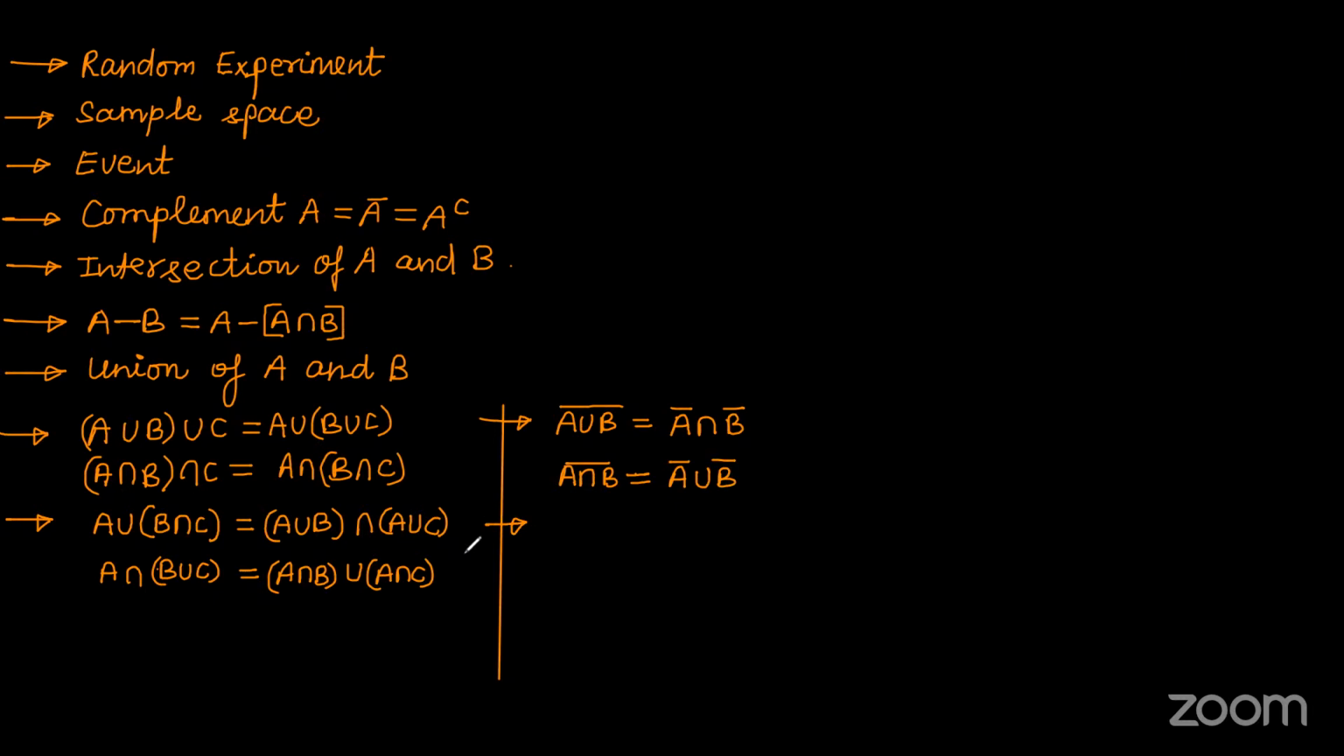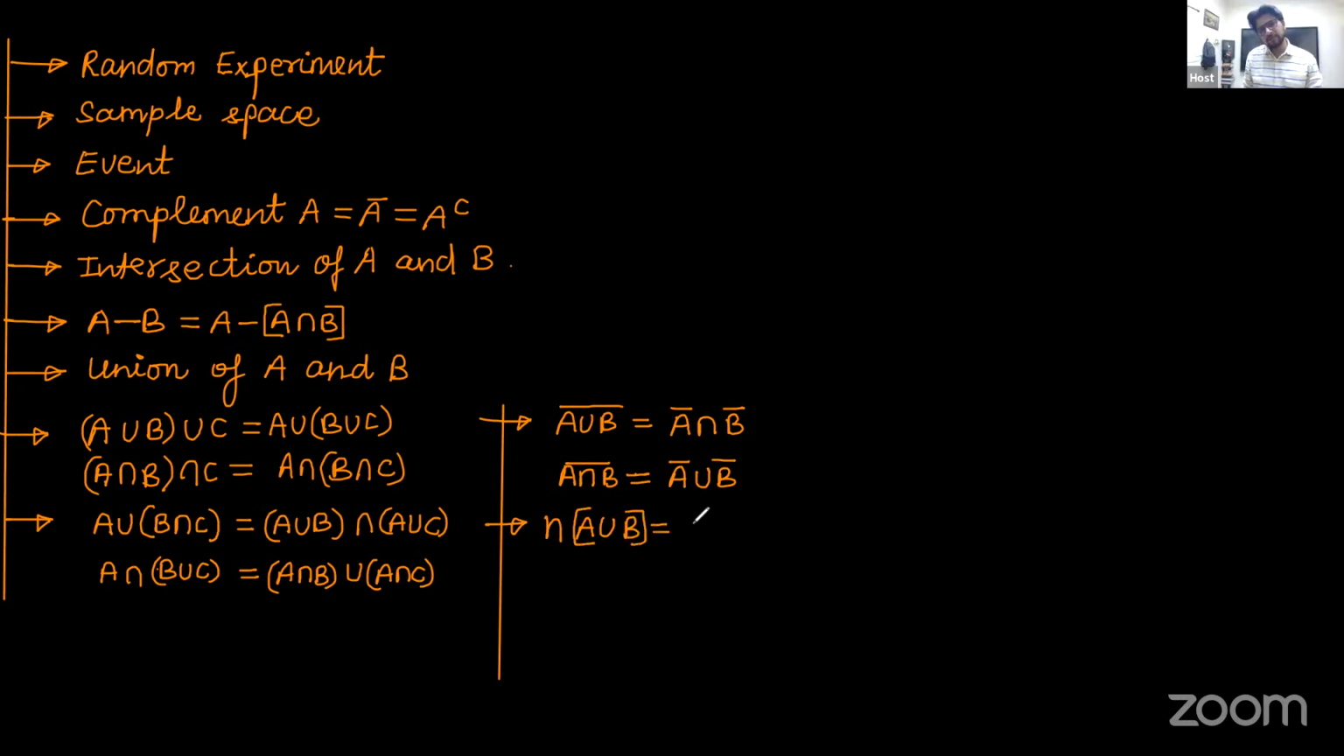What do you call this principle? The inclusion-exclusion principle. And how do you write it? The number of elements present in A union B is equal to the number of elements present in A plus the number of elements present in B